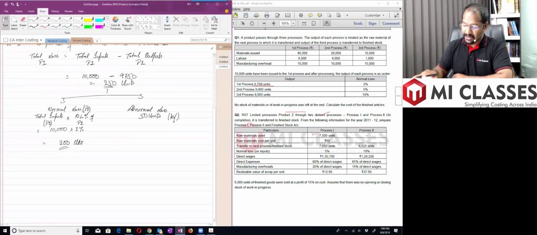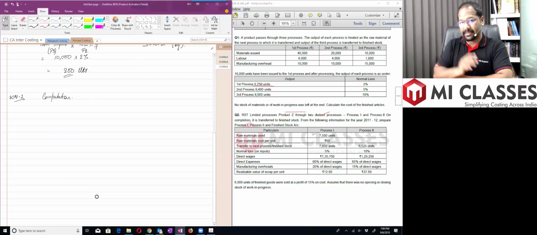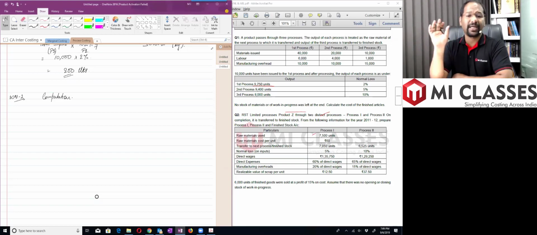Now, what is the next calculation we'll do? Next working note. So working note number 2. Computation. Heading is very important. We should not miss out on heading. Most people I see, they miss out on the heading. Remember, if I have not written a heading, the examiner will not know what we have calculated below. He will not want to check. We have to write on the top what we have calculated below. So computation of